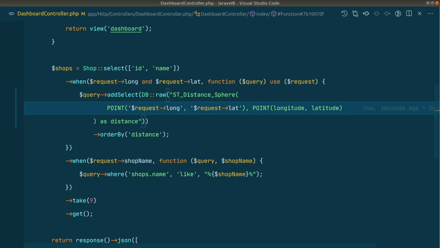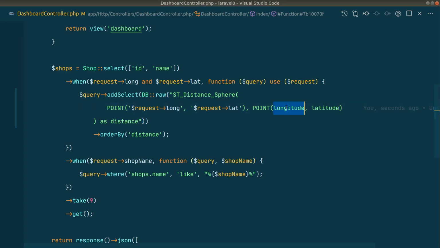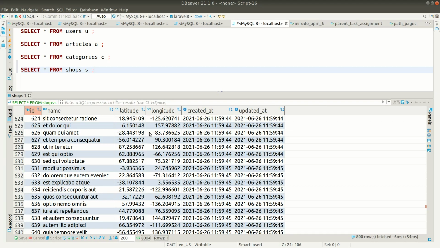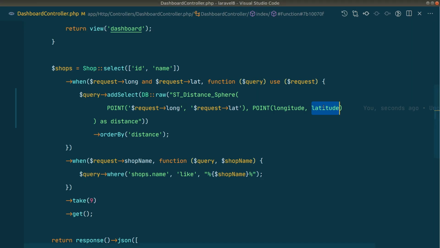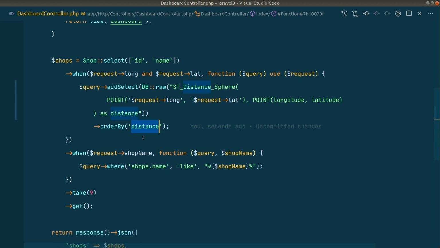And I have here lang, guys, so it should not be lang, it should be lat like this. And this is the longitude and latitude of the user that we have passed from this request, and this longitude is the SOP longitude and SOP latitude. So every SOP has latitude and longitude, so that will be passed over here, and this will get the distance between these 2 points, and we are getting that as distance and ordering by the distance in the ascending order, which means that if the distance between 2 points is smaller, then it will come in front.